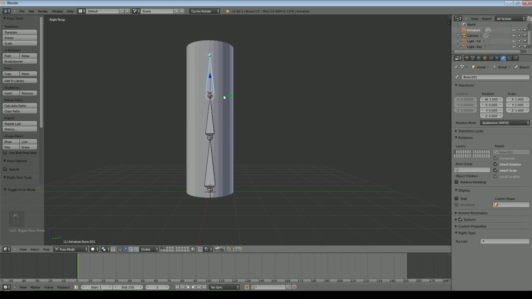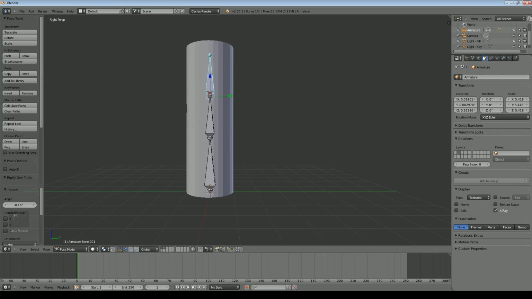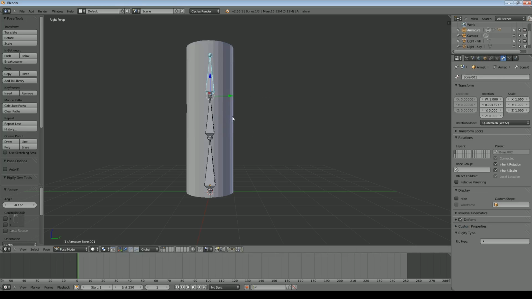So I can tell it what the individual rotations are, you see them changing. I should have said that this is the whole armature, so it's not going to necessarily change anything here when I alter this. It will if I alter the location or rotation of the whole armature, but if you click the little bone symbol here, you'll notice each bone has its own name. So the bottom one is called bone, the next one is bone 02, and the top one's bone 01. And you'll notice parameters here are altering.